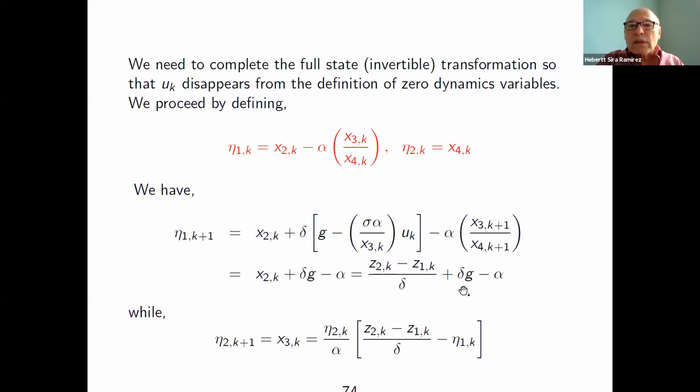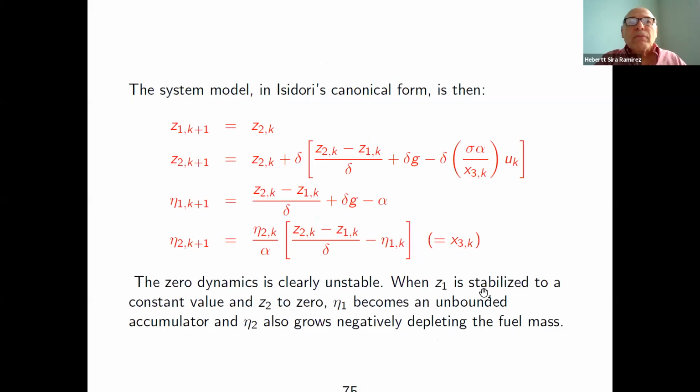So the variables associated with the zero dynamics are scalar functions whose first advance is completely independent of the control input. And now you can study the stability of this subsystem in a standard manner, because no longer do you have to substitute any control input here. So it's an autonomous kind of system. In the transformed canonical form, you have the clear exposition of a linearizable dynamics, and here you have the zero dynamics. This zero dynamics is unstable,